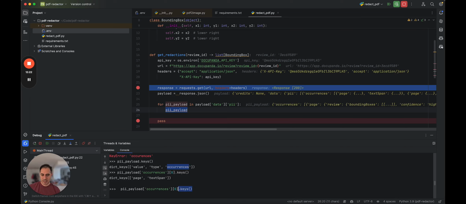And now text span will have a value and a review. And so you see how it works? Like for every item, there's the value that we've observed, and there's the review, which is just like the bounding boxes, the location where we see this actual concrete value show up. So